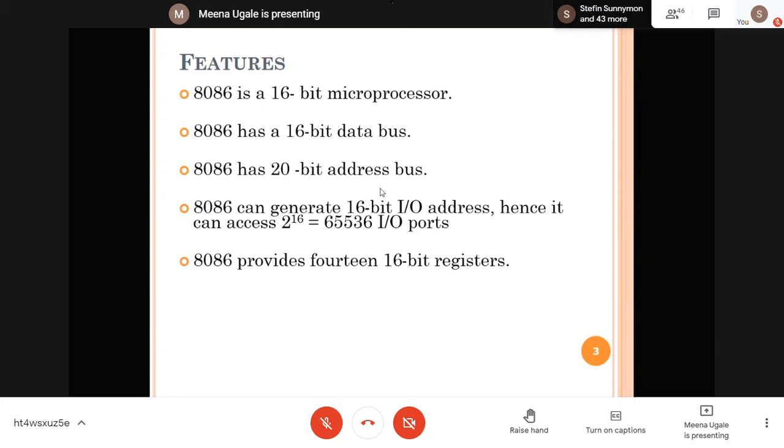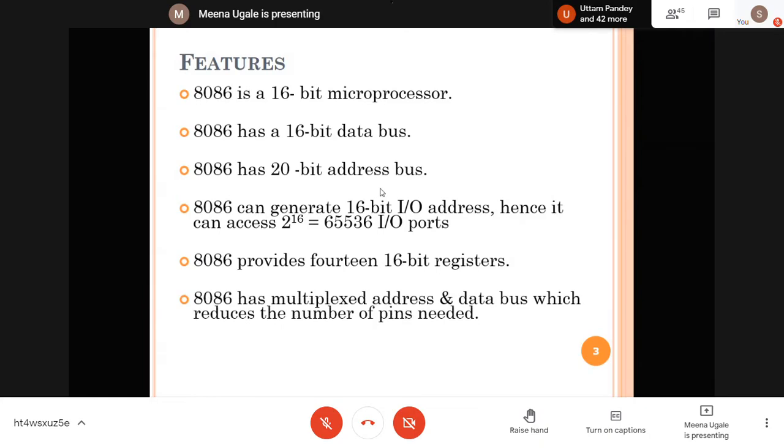So these are temporary memory locations inside any microprocessor. For 8086, all the registers are 16-bit in size, and there are a total of 14 registers with which you can write different assembly language programs.